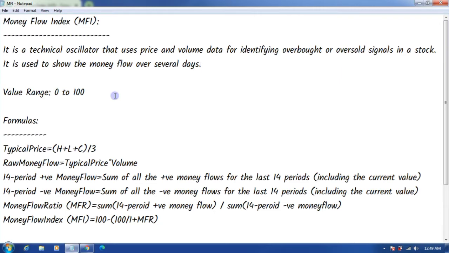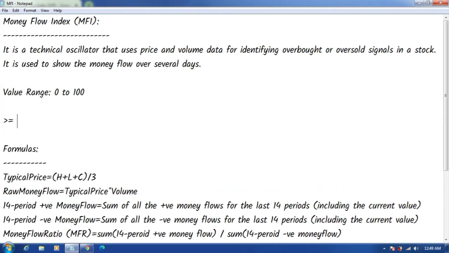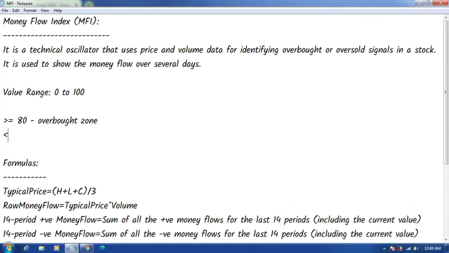So this money flow index value ranges from 0 to 100. If the value is greater than or equal to 80, you call it the overbought zone, and if the value is less than or equal to 20, you call it the oversold zone.